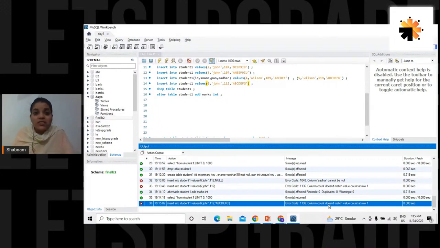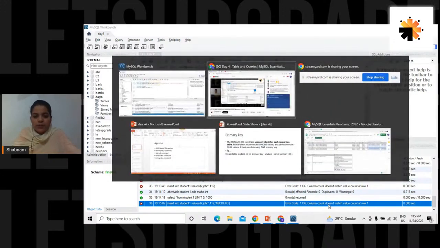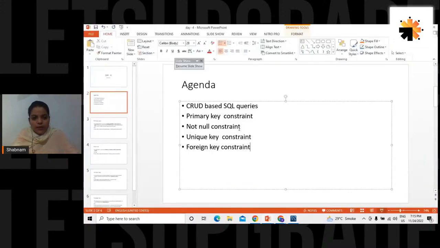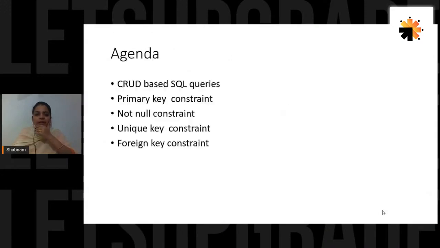All right. Now, the last constraint that remains is the foreign key. Foreign key, people. Look, this is all what we've done. We learned primary key, we learned not null. These are all the CRUD based SQL queries, people. What we are using today are all the different CRUD based queries: create, delete, update, alter, select, right? Unique key we have seen, not null we have seen. Let's quickly see foreign key. That's something very standard to understand.